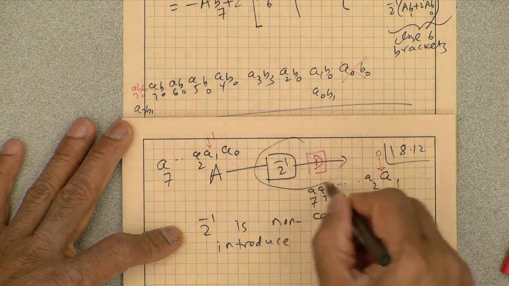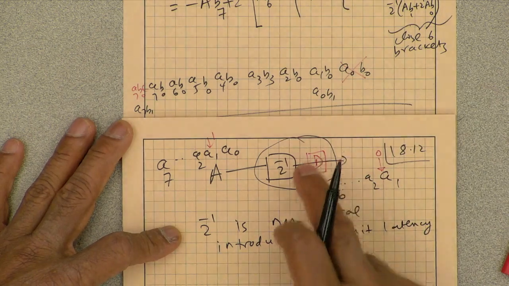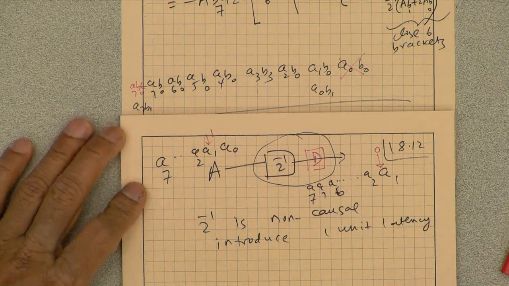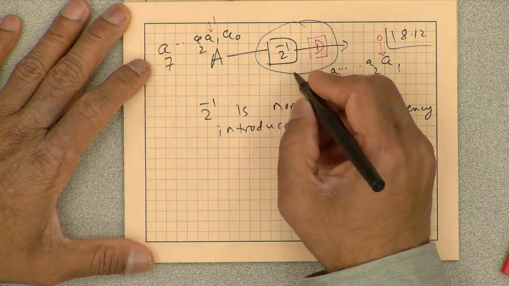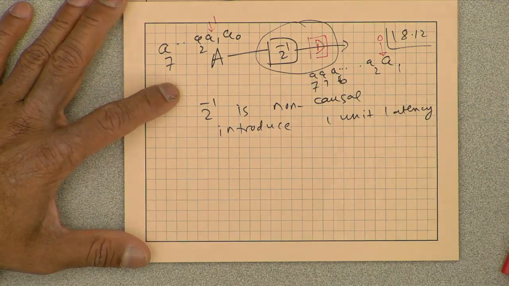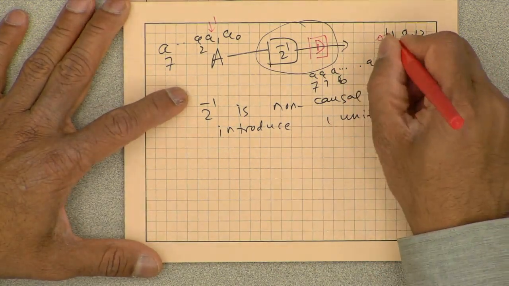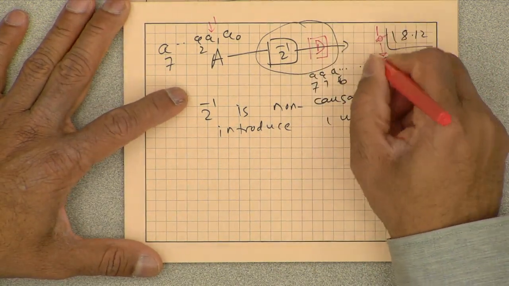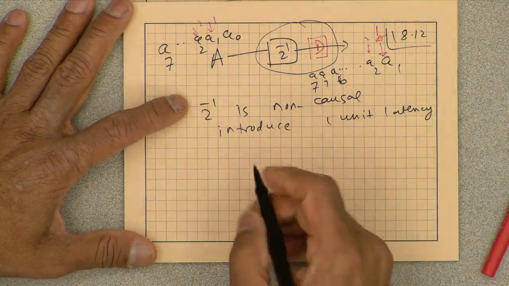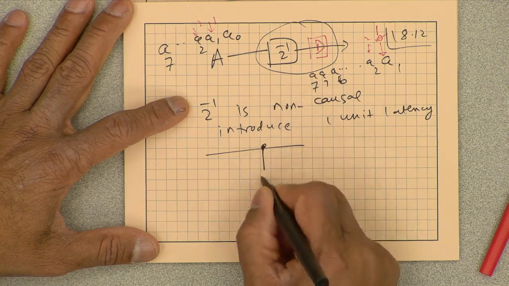So a delay is introducing 1 unit of latency, that makes it causal, and so now that is implementable, because if I have a delay of 1 unit, then this is no longer 0. 0 plus 1 is 1, and then that's 2, and then you can see it was in 2. So now you can see that this whole thing